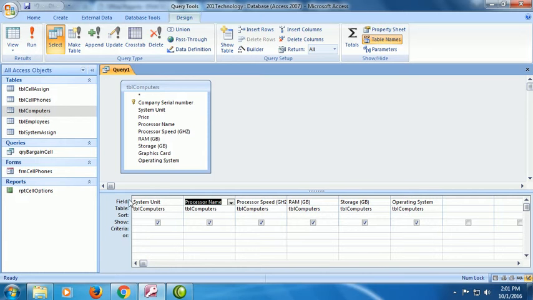So each one of these rows of the design grid down below, the top row gives you what the field name is, the next row tells you what table it comes from. In this case, they all come from the same table. It tells me whether or not it's being sorted, and it's all going to show right now, they're all checked under Show. So I'm going to go to the row about criteria, and specifically I'm looking for the criteria for the storage. And I'm looking for machines that have at least, so greater than or equal to, a terabyte is 1,000